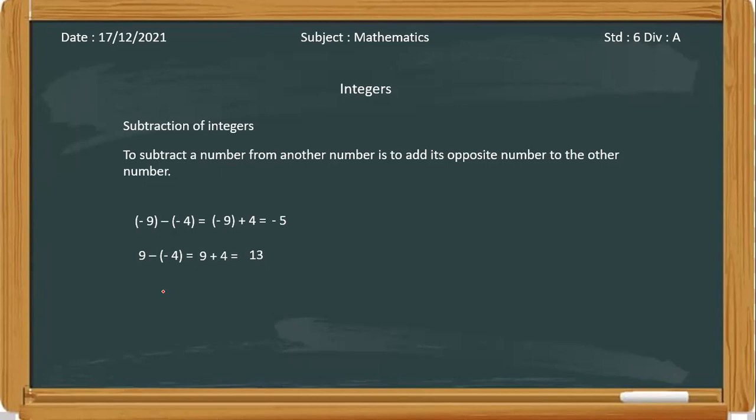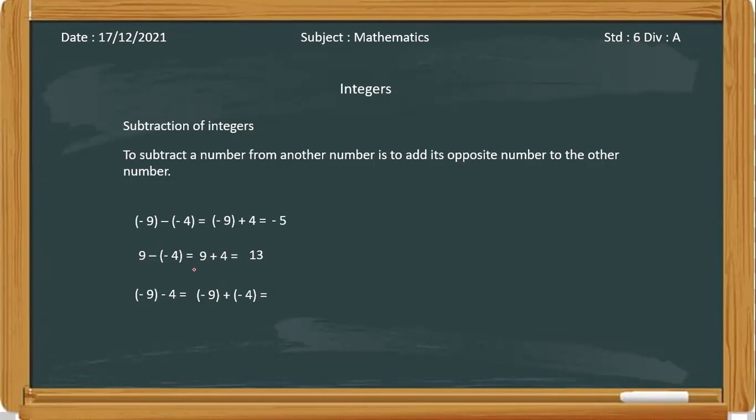Okay. The third sum is -9 minus 4. See, I am taking the same numbers only, so you can clearly understand how to do a subtraction when there are different signs. So here the first number, this -9, has a negative sign, and this 4 has a positive sign. So we are going to keep this -9 as it is, and this subtraction sign will become an addition sign, and this 4 becomes negative. Okay, so the sum will become -9 plus -4.